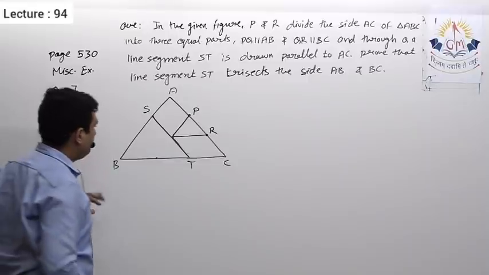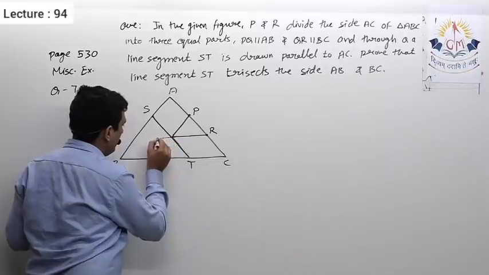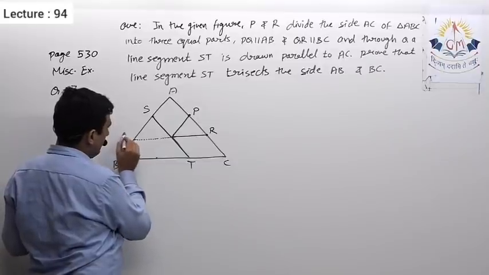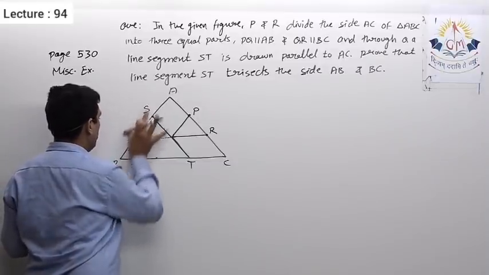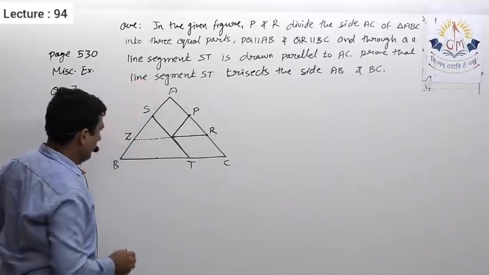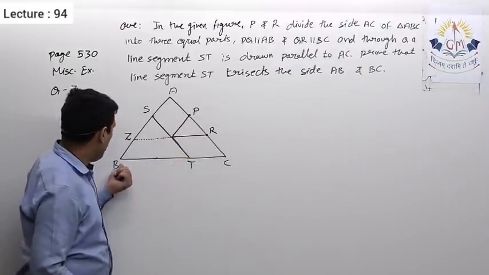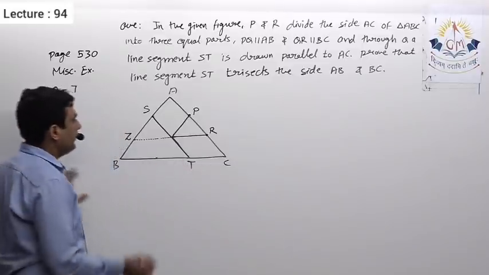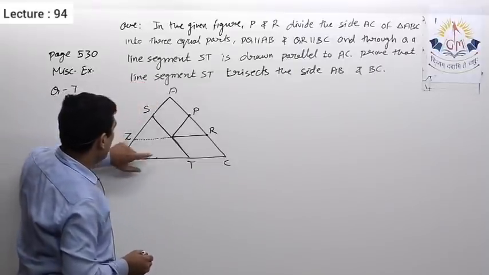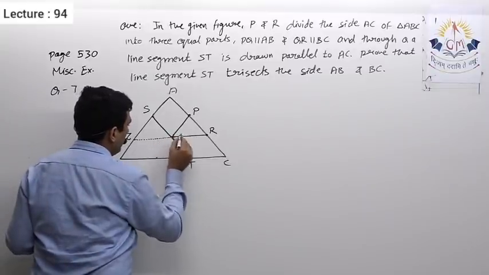Okay, so first of all I am producing this RQ to get a point over here. So produce RQ, let the point be Z. Now actually I have to prove AS equal to SZ equal to ZB. If I produce this and suppose the point is X, then I need to prove BX equal to XT equal to TC. So I am giving you how to prove AS equal to SZ equal to ZB, and the second one you have to do on your own. So this is the point Q.